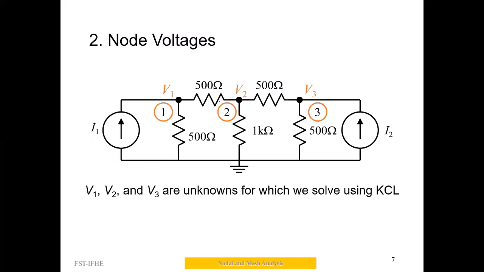So in our circuit, this is considered as the reference node. The remaining 3 nodes are assigned as V1, V2, V3. That means point 1 is at higher potential with respect to the reference node, and the potential difference between these 2 points, 1 and the reference node, is V1. And the potential difference between 2 and the reference node is V2. And the potential difference between 3 and ground is V3.